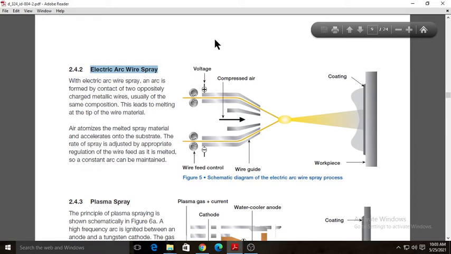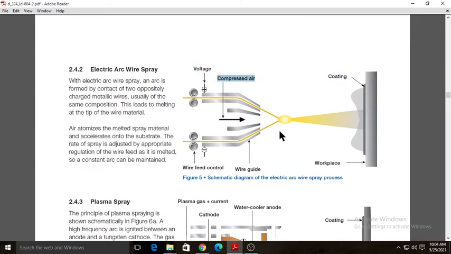The electric arc spray process. So here the heat is produced by the electric application, and the rest of the operation is the same. Here as the heat is produced with the help of electricity, to bombard this heated coating material on the workpiece, we need a separate arrangement of compressed air. So electricity only melts the coating material and it is directed toward the workpiece by use of the compressed air.